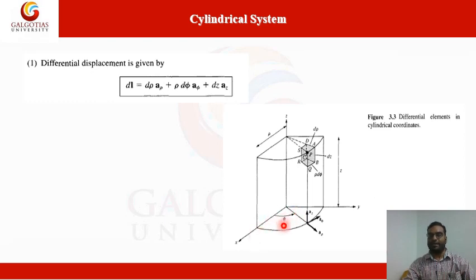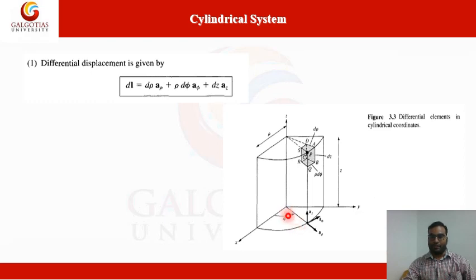This is our second coordinate in the cylindrical system. As we have studied in geometry also, theta is equal to L by R, and when we use this theta in terms of d theta, or differential theta, it is L by R, where R is rho. So length is equal to rho d theta, or rho d phi,